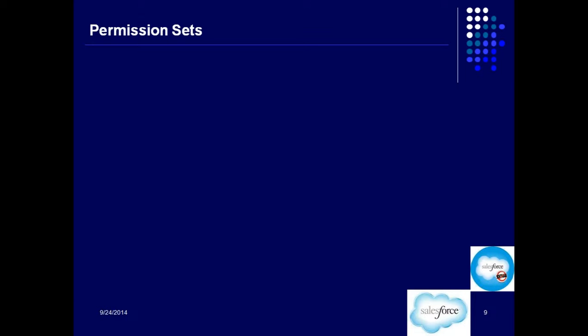Now what is the difference? The difference is that profile is primary and permission set is secondary. Okay. So profile is something that every user has to have. There cannot be a user without a profile. Okay. But sometimes users need a few additional permissions. For example, all 6 of us or 7 of us, whoever is there in this session, we all are working in the same company, same team. Our company, or our Salesforce administrator, has created a single profile for all of us.